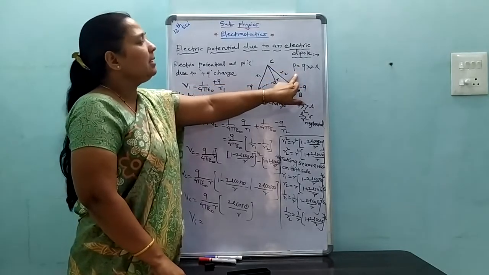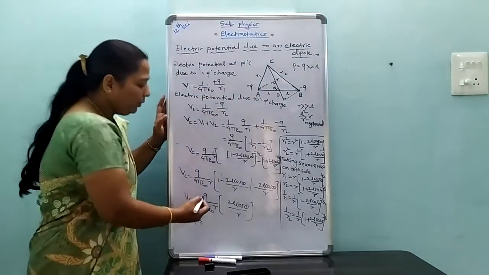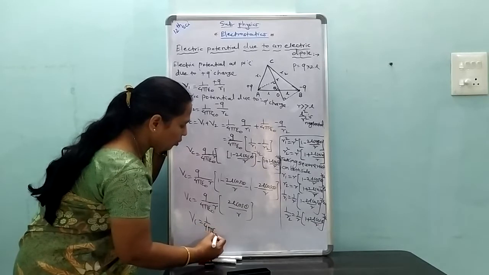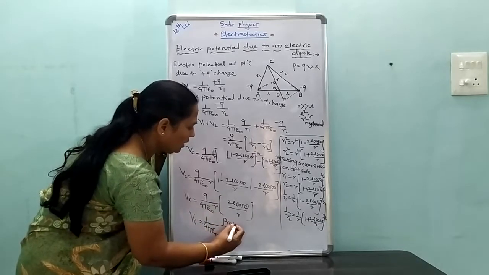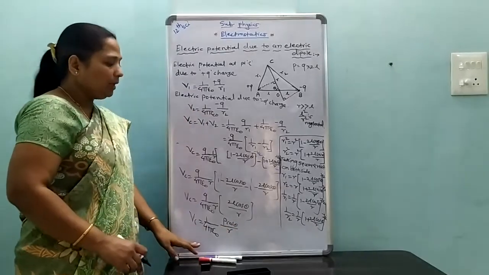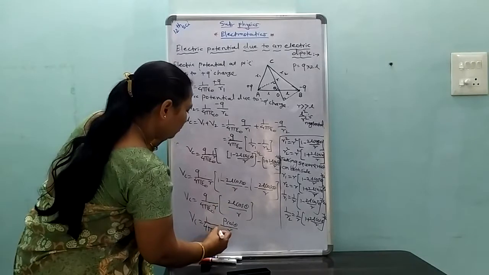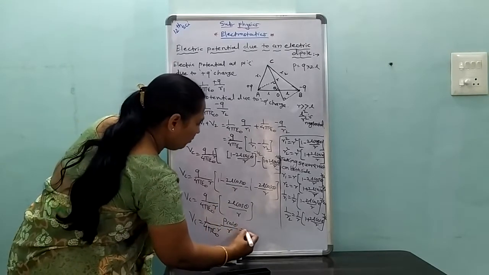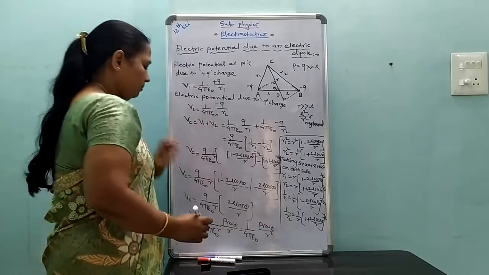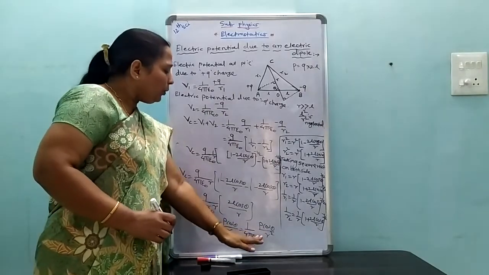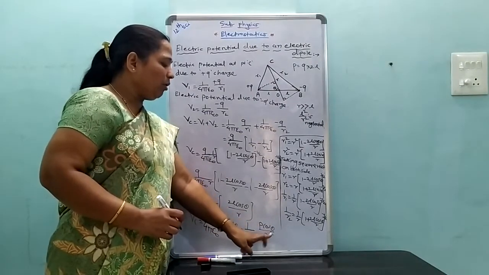Electric dipole moment is defined as the magnitude of either charge times the dipole length, Q into twice L. Therefore Q into twice L is substituted as P, so 1 upon 4 pi epsilon 0 P cos theta upon R, where R multiplied by R is R square. Therefore the electric potential due to an electric dipole Vc is equal to 1 upon 4 pi epsilon 0 P cos theta upon R square,